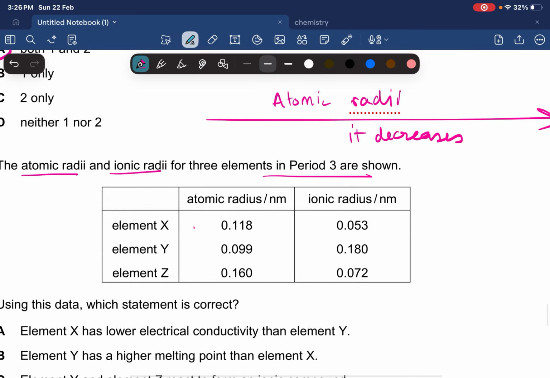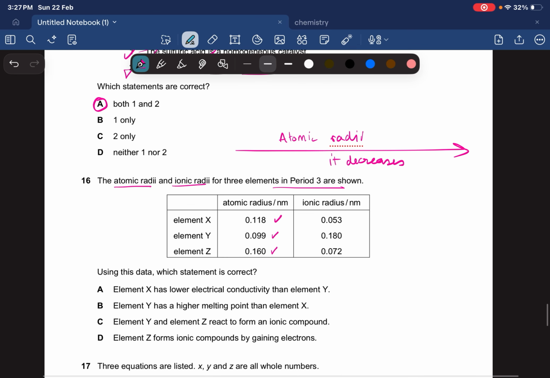So over here we can see this has the greatest atomic radii, this fella, and then this, and then at last this. And we know that our metals have smaller ionic radii